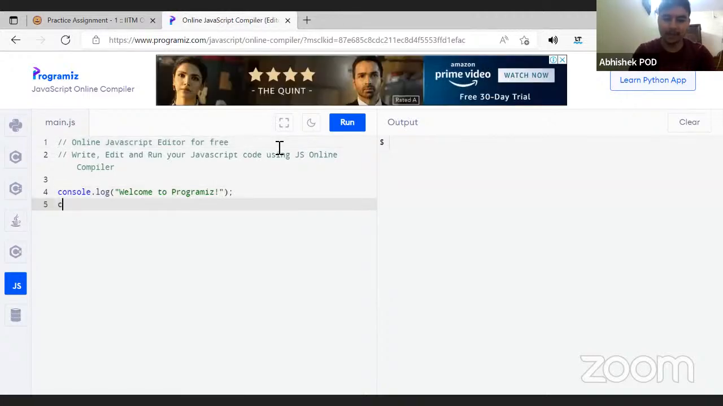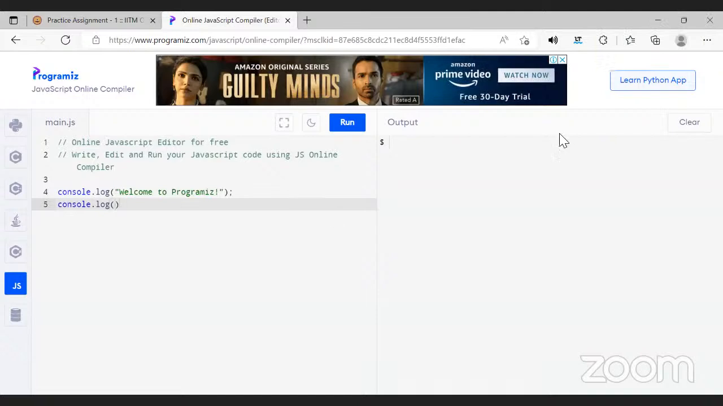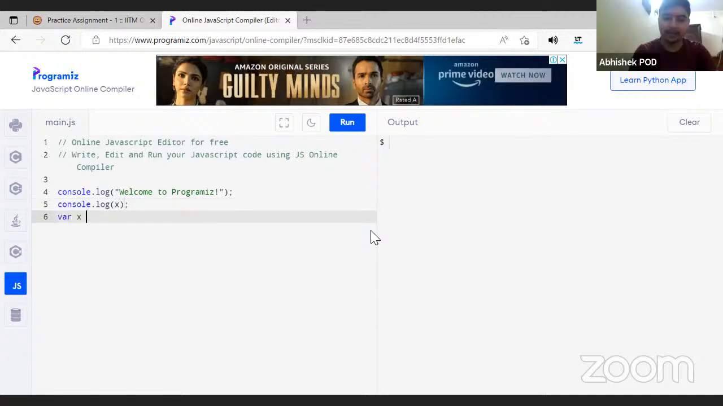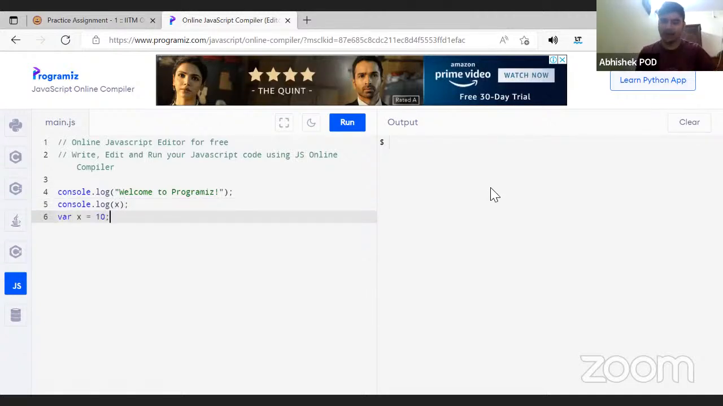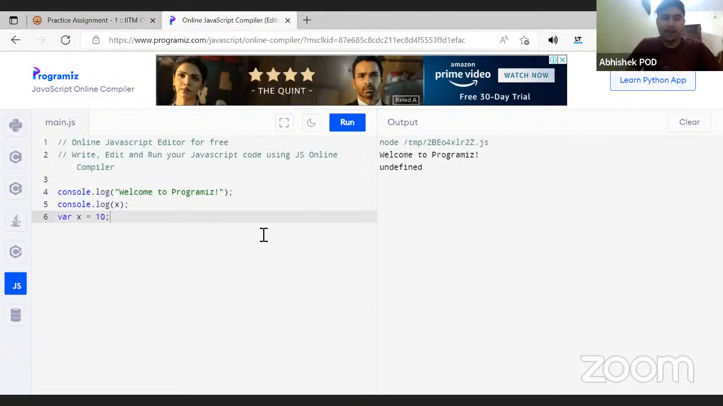So suppose what I'm doing is console.log of this variable x, where x equals 10. Now, what output do you expect? Let's say if I try to run this program, do you expect an error or what? It will be undefined. Correct. Why? What happened? Because as I said, JavaScript automatically moves the declarations of the variables to the top